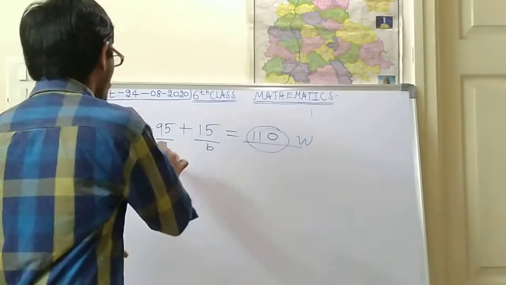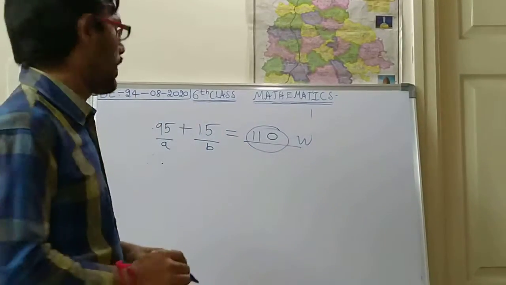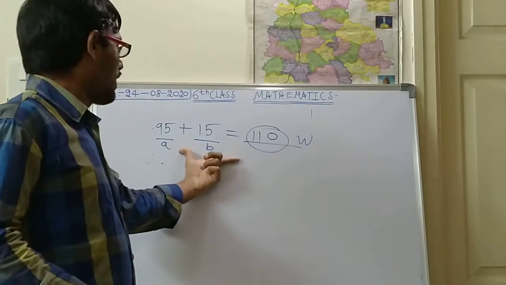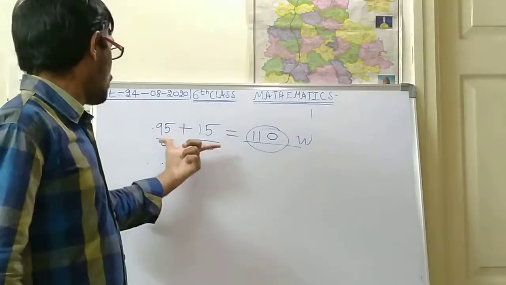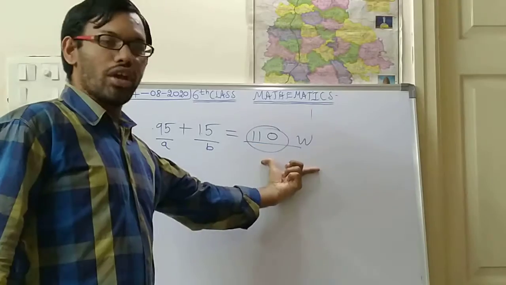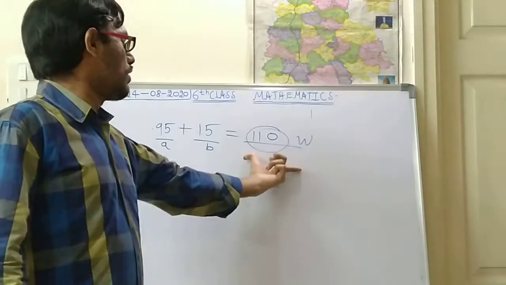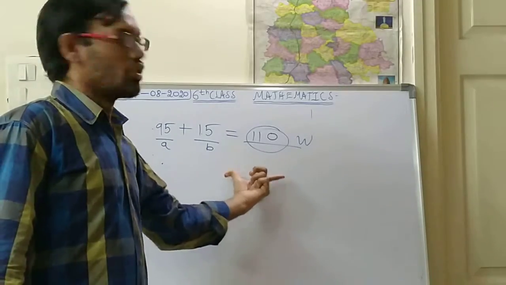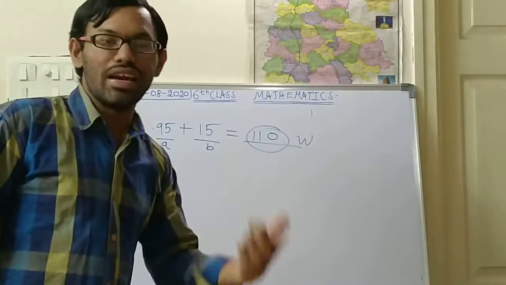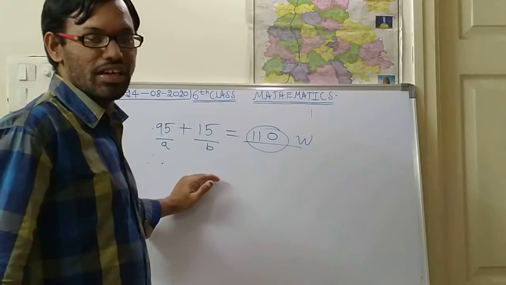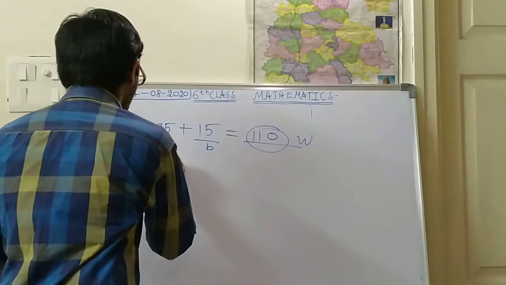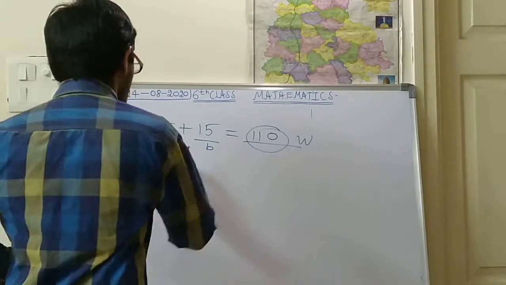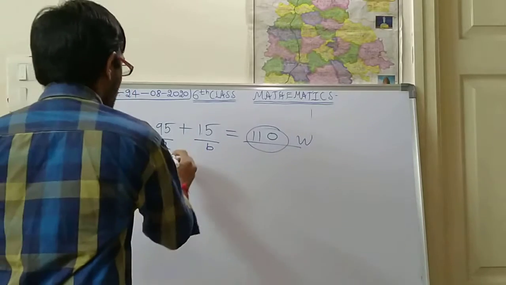But along with this, what you have to write? Therefore, this statement is satisfying. By adding two whole numbers, we got a whole number. After this, you have to write the conclusion statement. Conclusion statement means the final result. So what is the final result we have to take here? This problem satisfies.